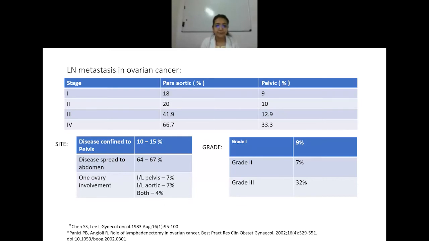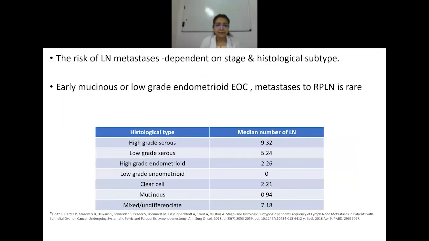When the disease spreads to the abdomen, it is 64 to 67%. When one ovary is involved, ipsilateral pelvis involvement is 7% and ipsilateral aortic is 7%, both are 4%. According to grade 1, 2, and 3: in grade 1 there is a 9% chance, grade 2, 7%, and grade 3, 32%. So clearly we can see that the risk of lymph node metastasis is dependent on the stage and histologic